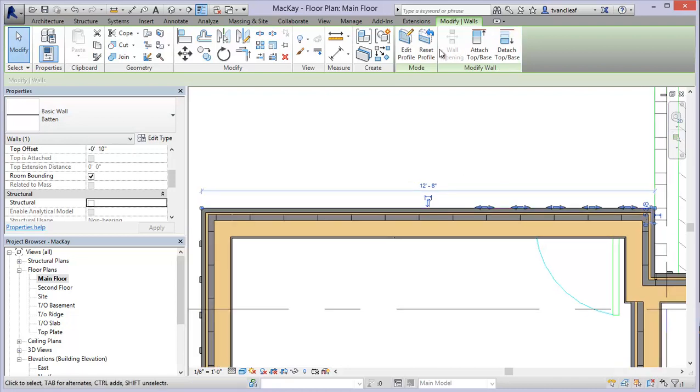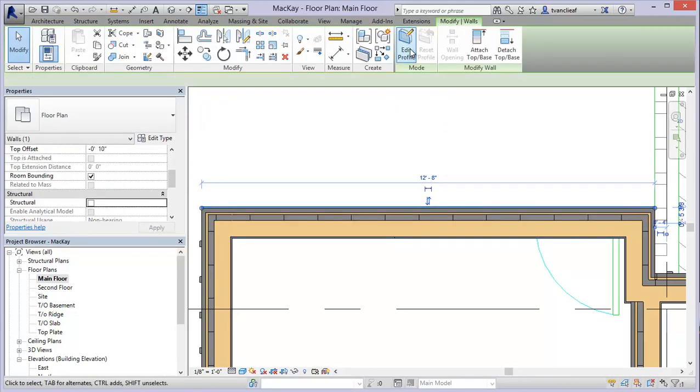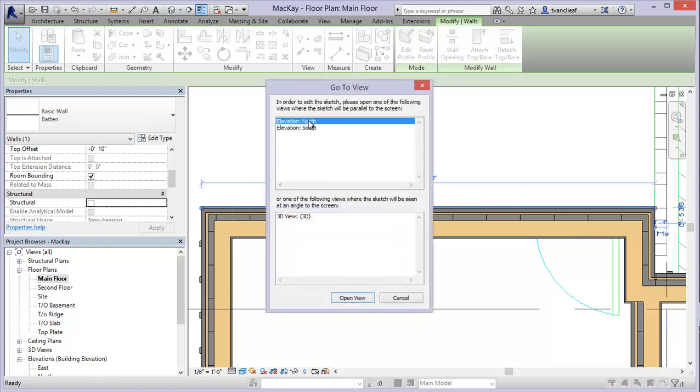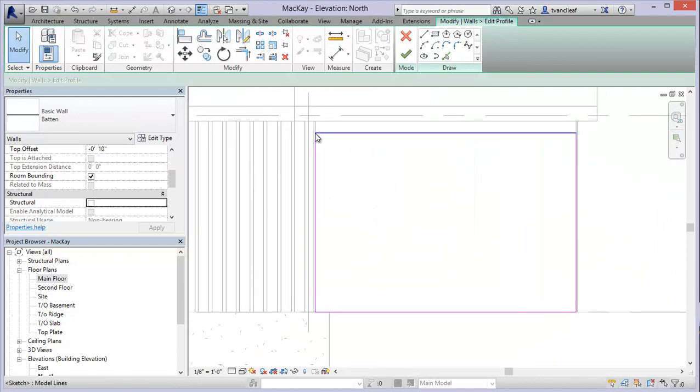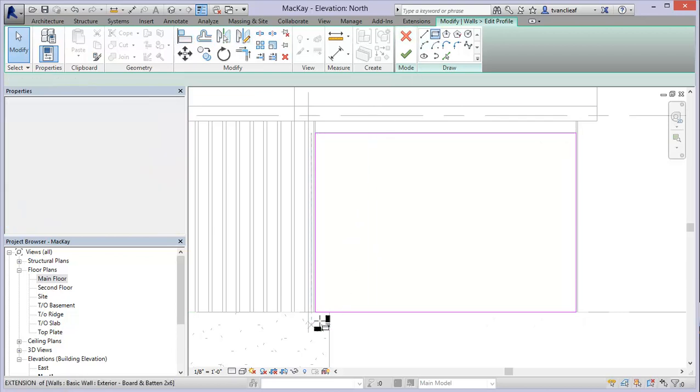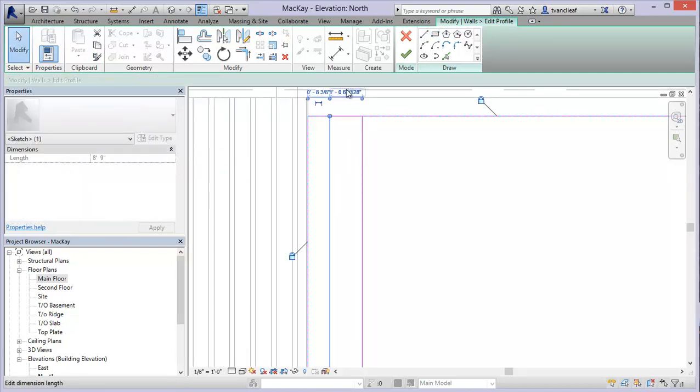So what I'm going to do is I'm just going to hit reset profile, and that's going to put that 5/8 wall just the way I drew it initially. So let's take a look at that. I'll select that and say edit profile, and I'll look at that from the north elevation. And as you can see here, I've got an overall profile outline. So the strip itself, let's just place it anywhere, and I'm just making a new rectangle. Again, I'm just going to select my line work, and then I'll modify this to 1 inch,